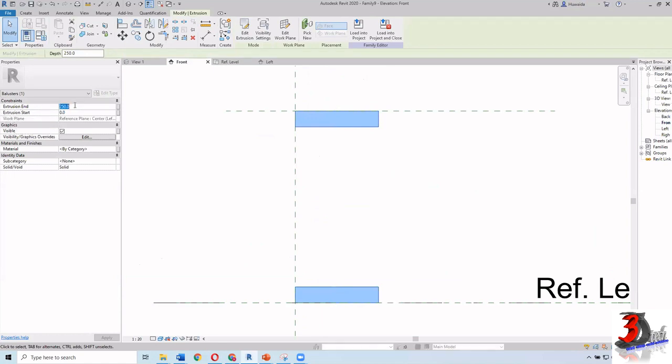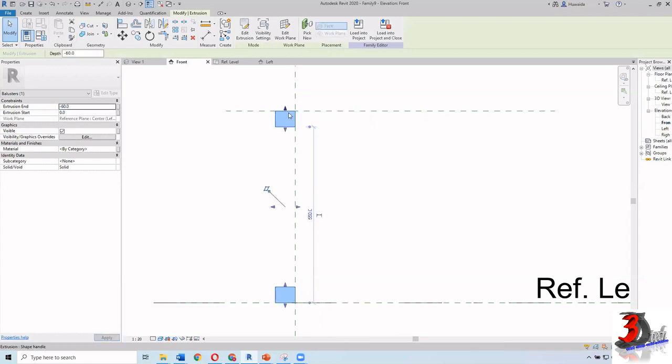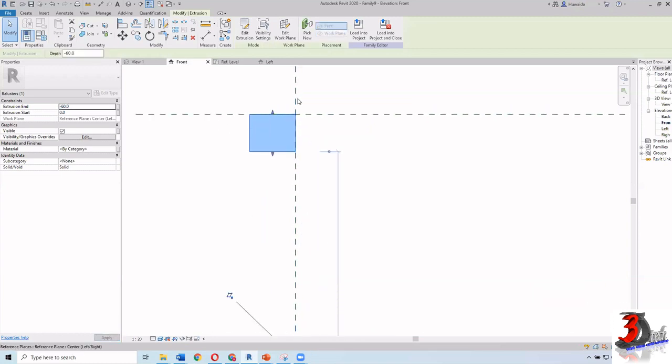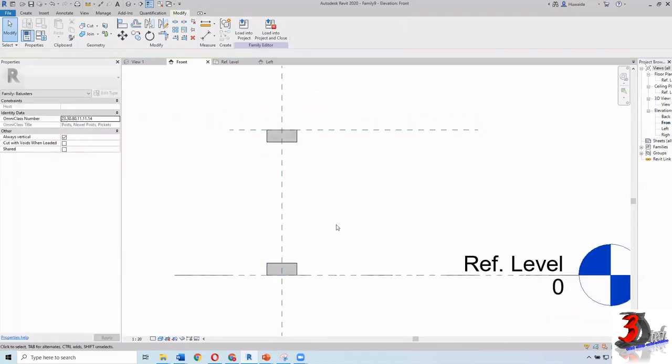Because we have this dimension 120 earlier, on this side negative 60, so the start of the extrusion is from the middle, and negative 60 will bring the extrusion to the left. Then I will bring it to the right, another 60. Don't put the negative here, and it will bring it to the right like this. Okay, so our extrusion is in the middle, so that is good.